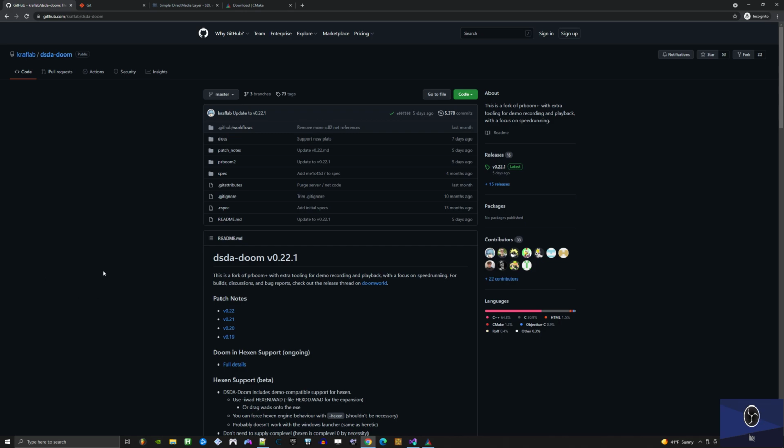noise. So first of all, you want to make sure you have Visual Studio. Community Edition's fine, that's what I'm using. I have 2019, but the newer one should be the exact same process. Now when you install, make sure that you install the